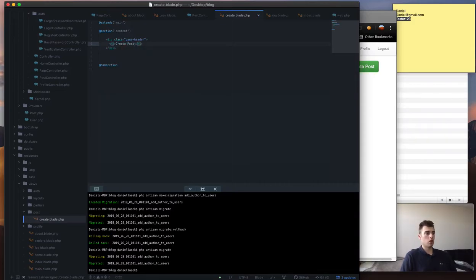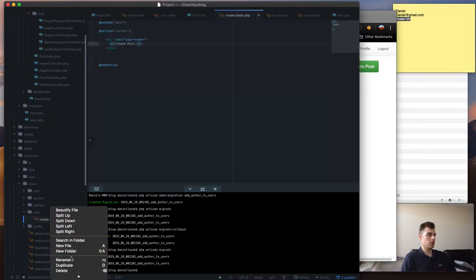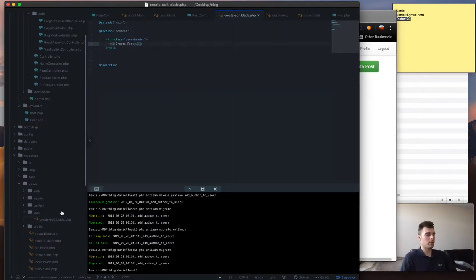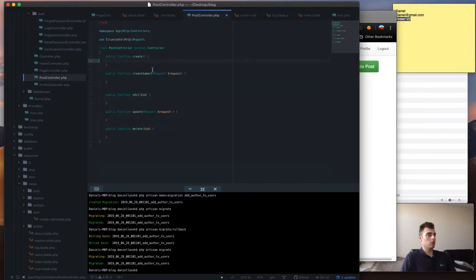You can say create post, or this can be create-edit. Do create-edit, so just modify the name. So this can act as a create or as an edit. So what we want to do is, before we get started,